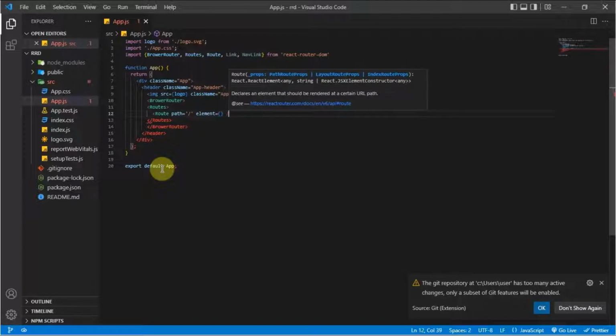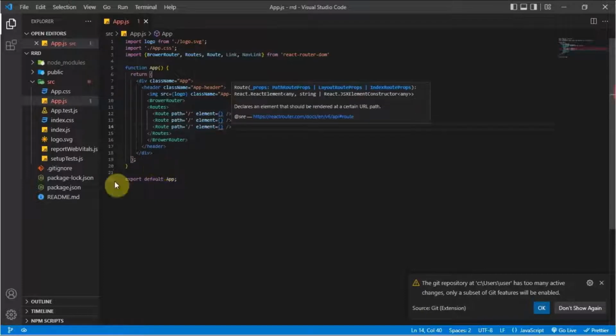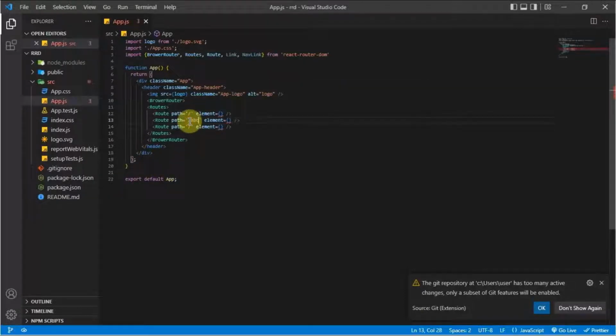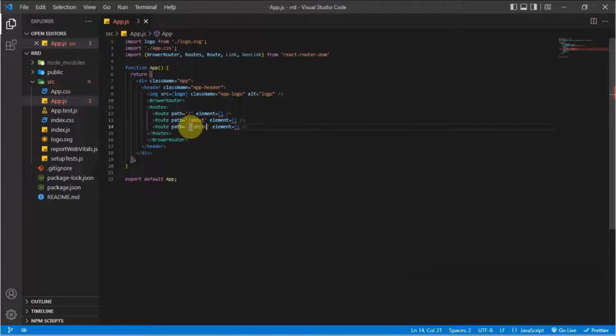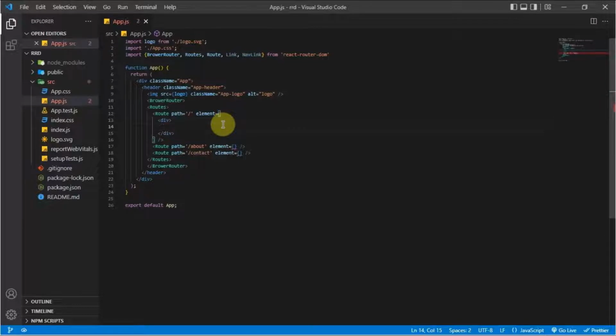For now, let's leave it empty. I'm going to do it for the first one, the second is going to be the about page, and the last one is going to be the contact page. And in the first, the home page, I'm going to give a div with an h3 saying home page,